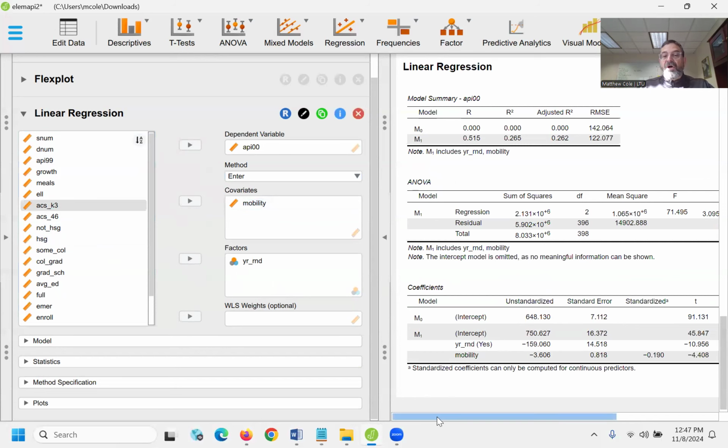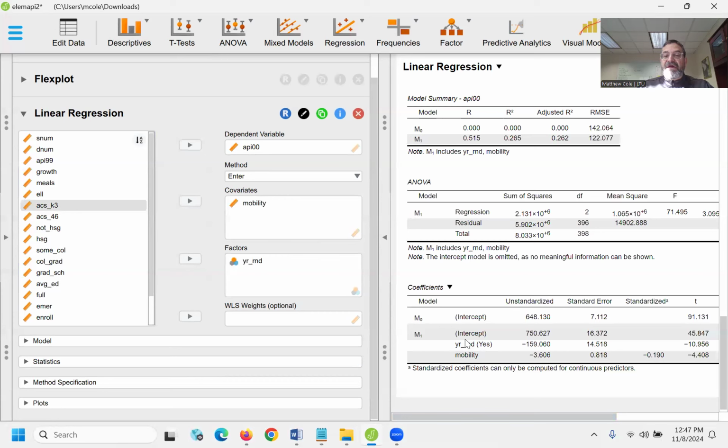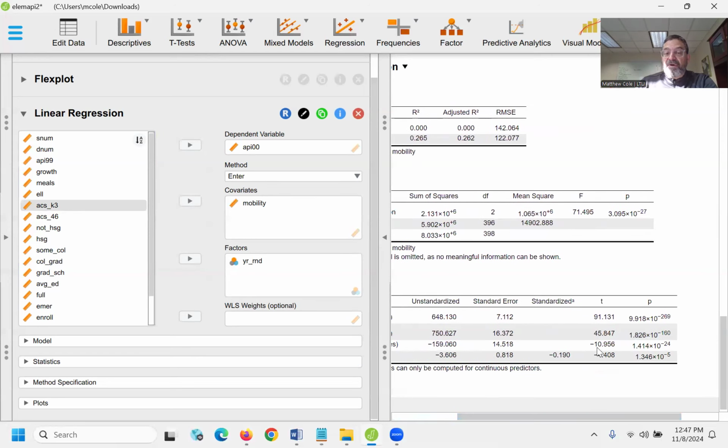And so when they're all in together, we see that these two variables are accounting for about 26% of the variance, right? R squared is the proportion of variance accounted for by your predictors. So we are predicting about 26% of academic performance by just these two predictors,